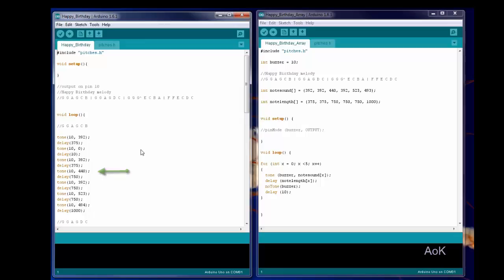On the right, we have the same code but in a different format. Instead of typing each frequency of the note individually, we used an array. At the top, you see int note sound. The note sound is an array for each note in the correct sequence of the Happy Birthday song. So you have 392, 392 for the two G's, 440 for the A, 392 again, 523 for C, and 493